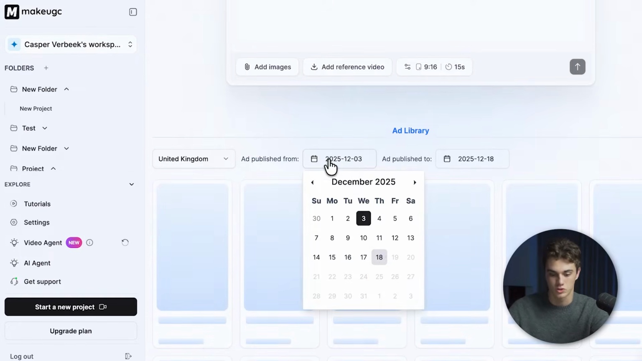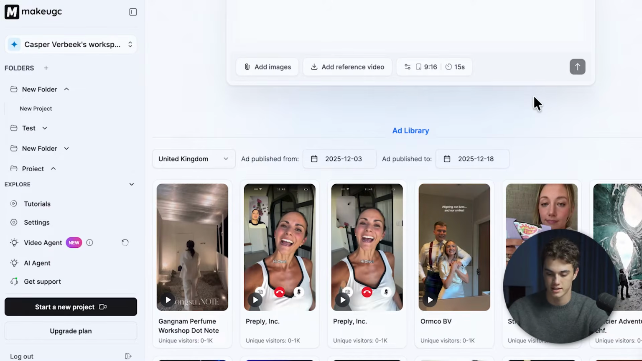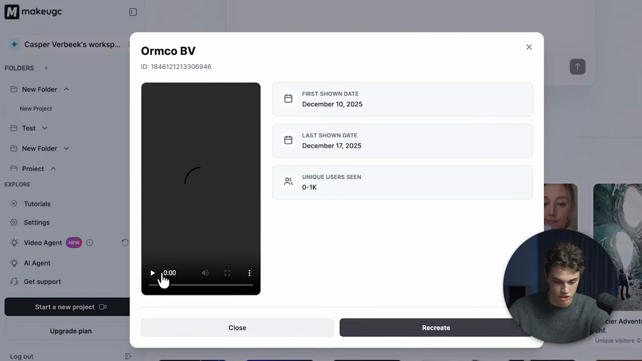And then we can also change it depending on date. So if you want something a bit more trend, like on the newer side of things, then that is probably going to help you a lot as well. So we can just go ahead and